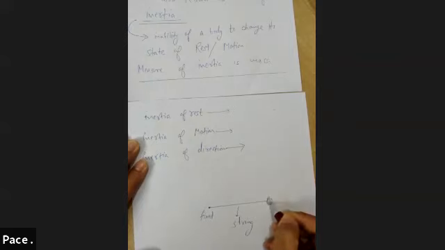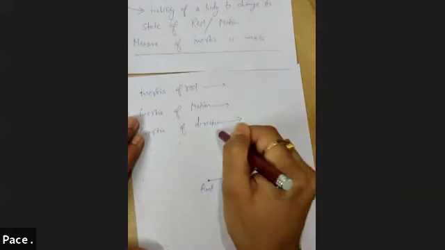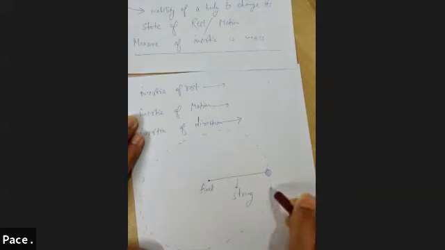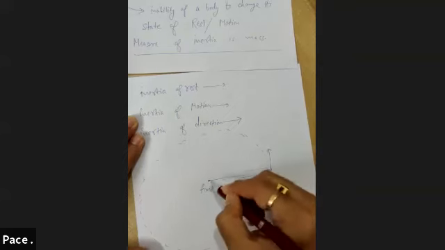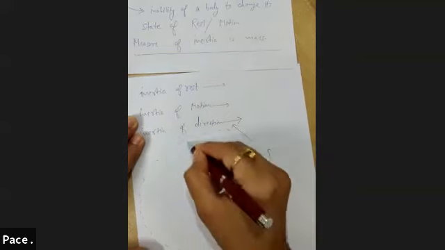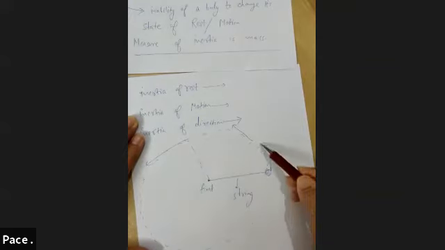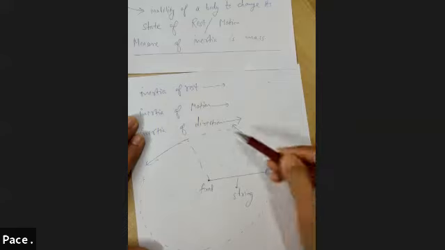For example, let's say there is one string. This end of the string is fixed, and at this end there is one stone tied up, and we are rotating it with respect to this fixed point, like this. So this would be the path followed by the stone, this dotted line. At this moment, the direction of motion of this stone is this. After some time, the direction would be in this direction. So the direction of this particle having certain mass keeps on changing.